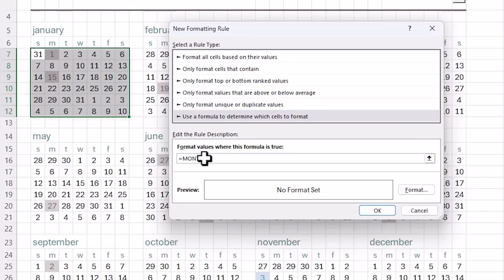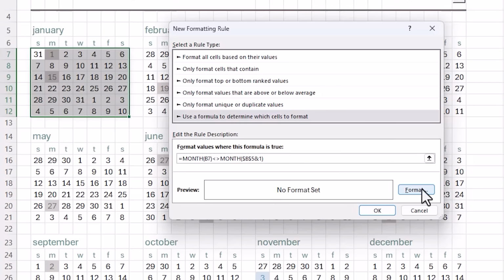So we're going to use MONTH to check the month in each cell, so I need to make that a relative reference, is not equal to the month in the header. So we'll select the month in the header. Now this is text, so to convert it to a date, I'm going to append a 1 to it, close parentheses on that,